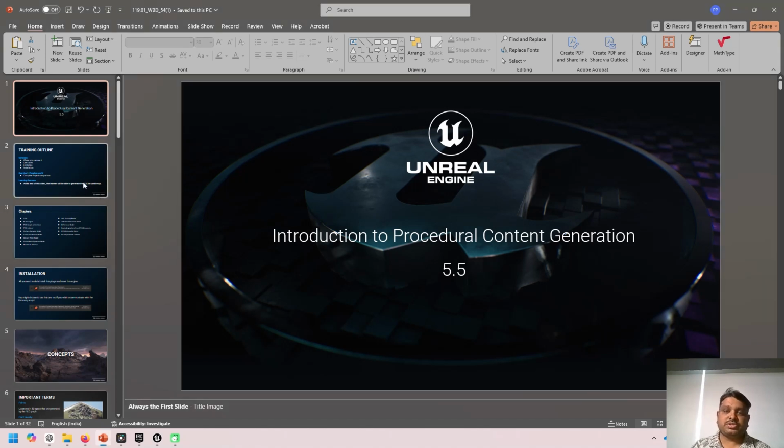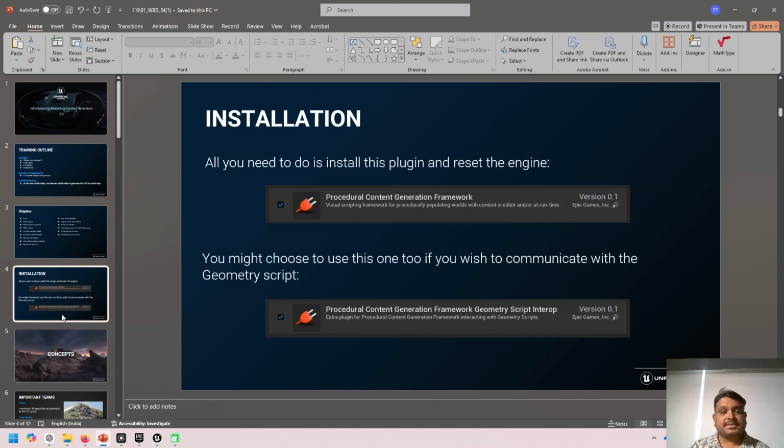So what is procedural content generation? What is PCG? PCG stands for procedural content generation, which automates the creation of game content using rules and logic in Unreal Engine 5.5. Okay, so let's start. How can we use it inside the Unreal Engine? So let's begin